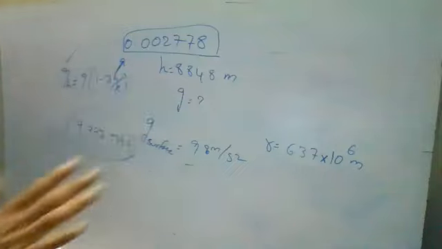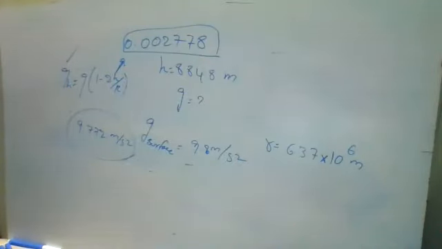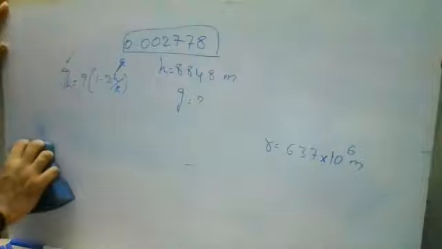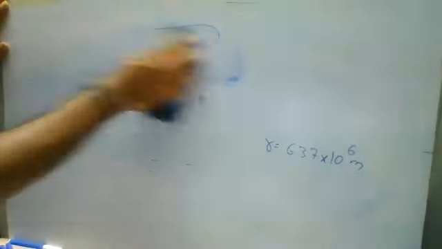Okay, so we'll see the next relation. Whatever we have discussed with respect to the acceleration due to gravity, first one on the surface, second one at a particular height, third one at a particular depth. I'm going step by step. Now make a heading: variation of small g with the depth.